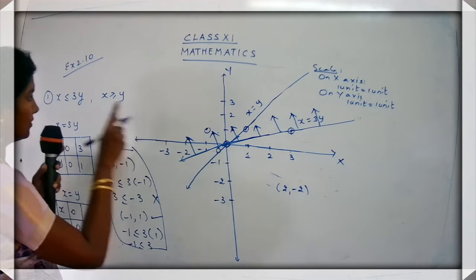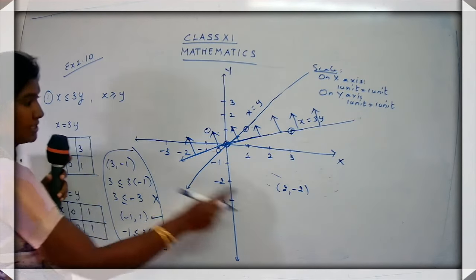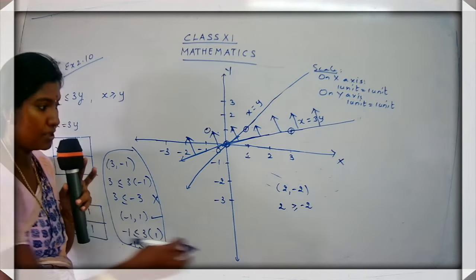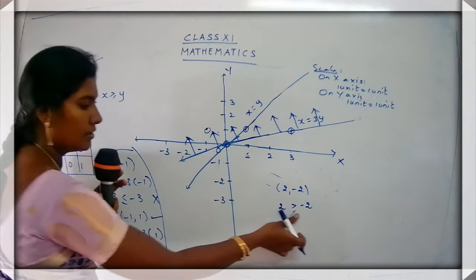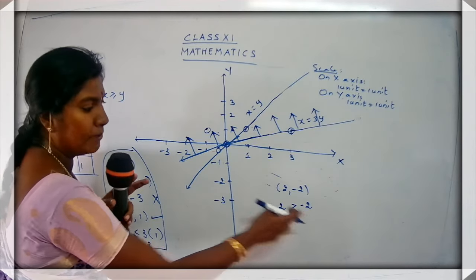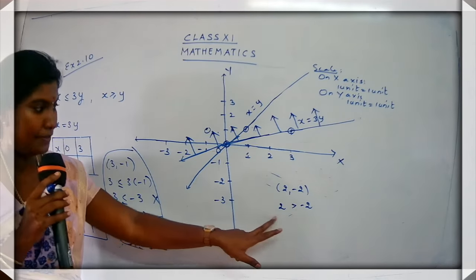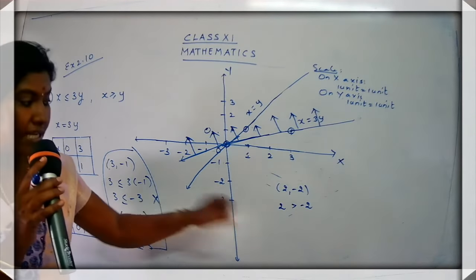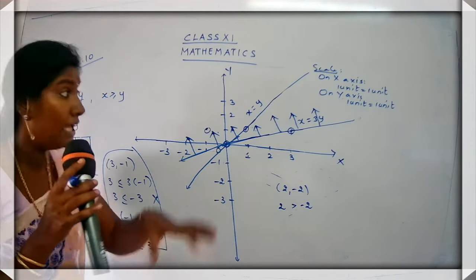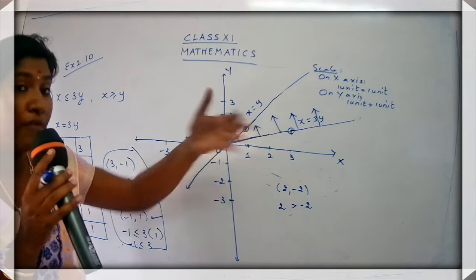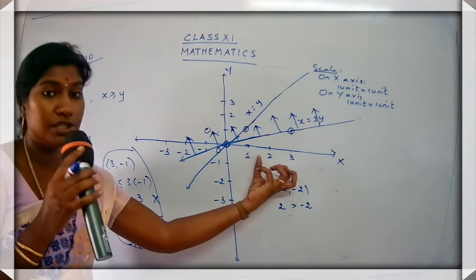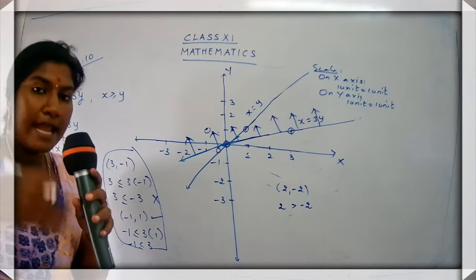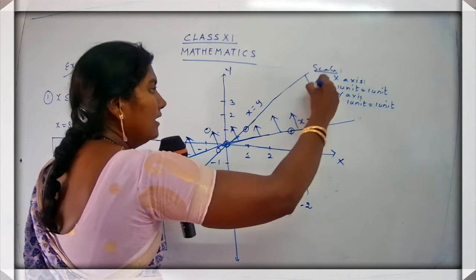So I'm going to check this for this inequality. What is x? 2 greater than or equal to -2. Of course, do not just think of the inequality sign, just keep that in your mind. So 2 is greater than -2. Do you agree with this condition? Yes, because a positive number is always greater than a negative number. So where is the region going to lie? The region is going to lie downward, because you have chosen the coordinate from the below part. So if you are choosing the coordinate from the below part, the area is going to lie downward.